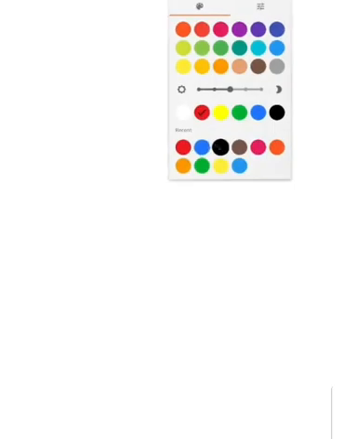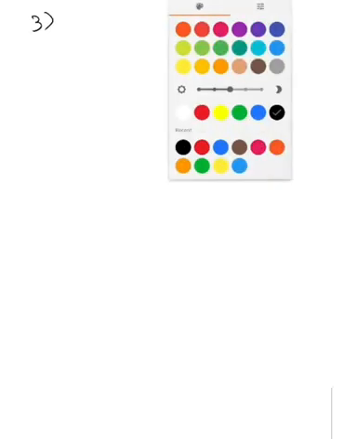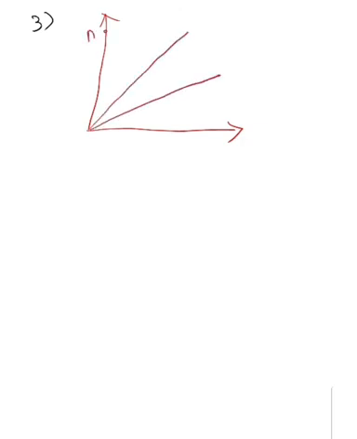The next one is, name the following angles. See, there is a diagram. This is your A and B and this is C. This line is D and this line is E. This is your first angle, this is your second angle and this is your third angle. So you have to separate these angles.